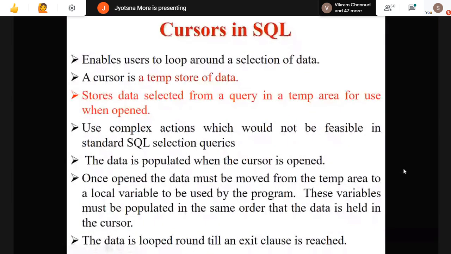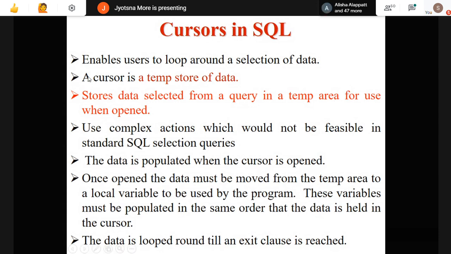Now, cursor. I already covered a few parts of the cursor in the procedure part, because I required that example to show you for the procedure. So a cursor is nothing but it enables the user to loop around a selection of data. Whatever data you have received, we store that data into CUR1, the name of one of the cursors, and that we have referred to in our further part.